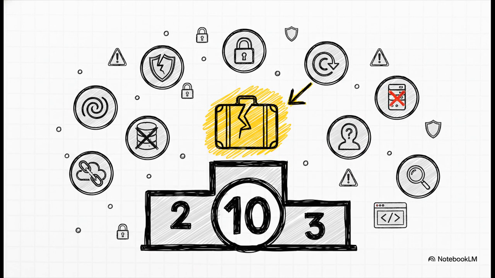And the cybersecurity world takes this incredibly seriously. There's a group called the Open Web Application Security Project, or OWASP, and they consistently rank insecure deserialization as one of their top 10 most critical risks out there. It's a huge, known danger.